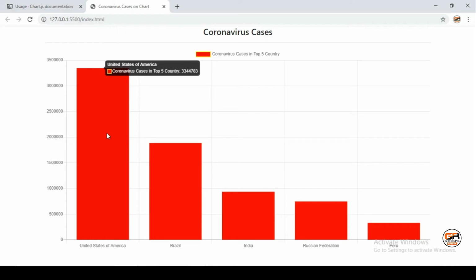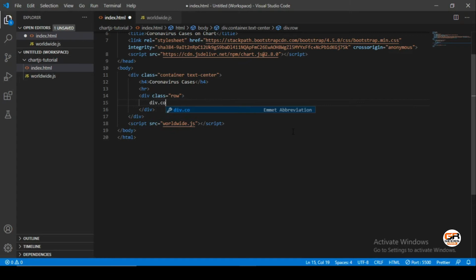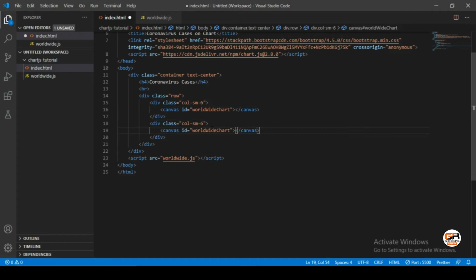Yeah, it's working. Right now we will create a row tag here. We will create a row and separate it into column 6, and the second will be column 6 as well. Just duplicate it and put a canvas inside. The second div element is for the line chart.